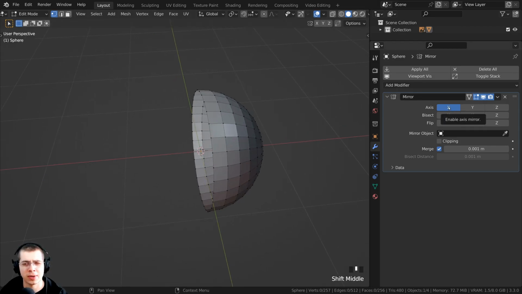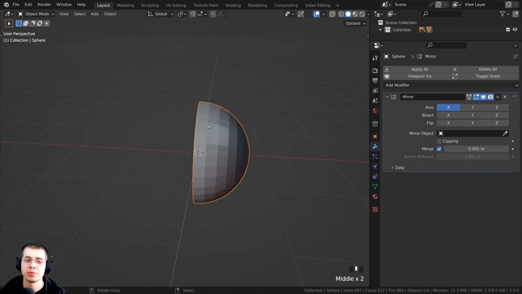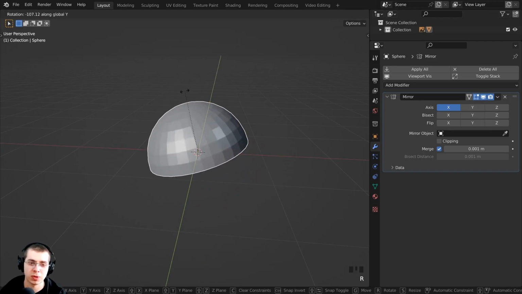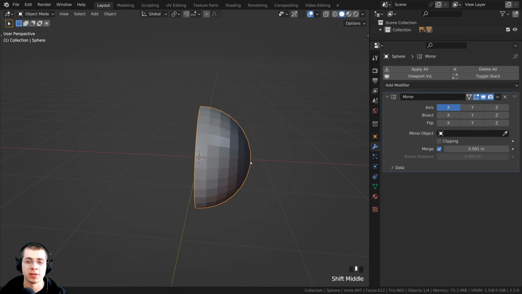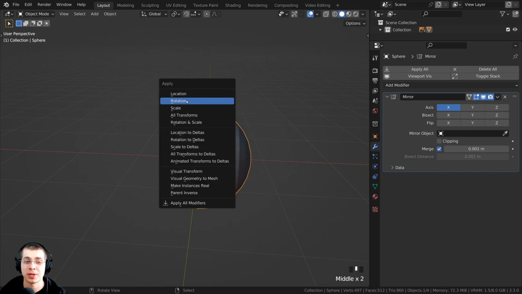Now you can see that right now it isn't working, and that is because we actually rotated this object over in object mode. So the object thinks that the x-axis is going back and forth like this because we rotated it over at the beginning of this video. So what I can do is in object mode, I can press Ctrl A, and then I want to apply